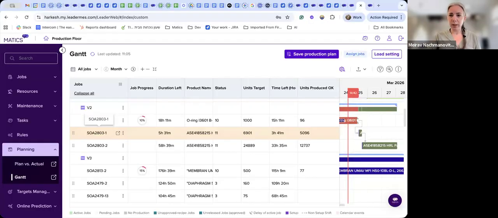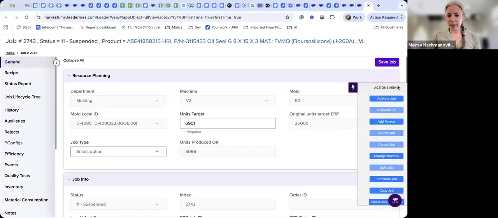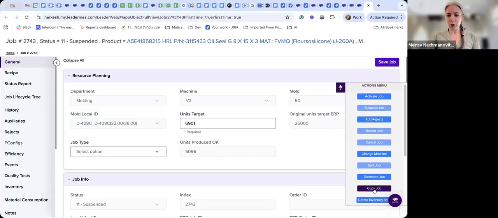Wait. If I'm clicking on this link, I'll get it on a different tab. Okay? So first of all, if I'm clicking on the lightning, I have an option to copy job. By doing this, it duplicates the job, and then you can select the machine that you want to run it on. This is one option. When you're doing it, make sure to adjust the unit target because it's duplicating it with the same ERP